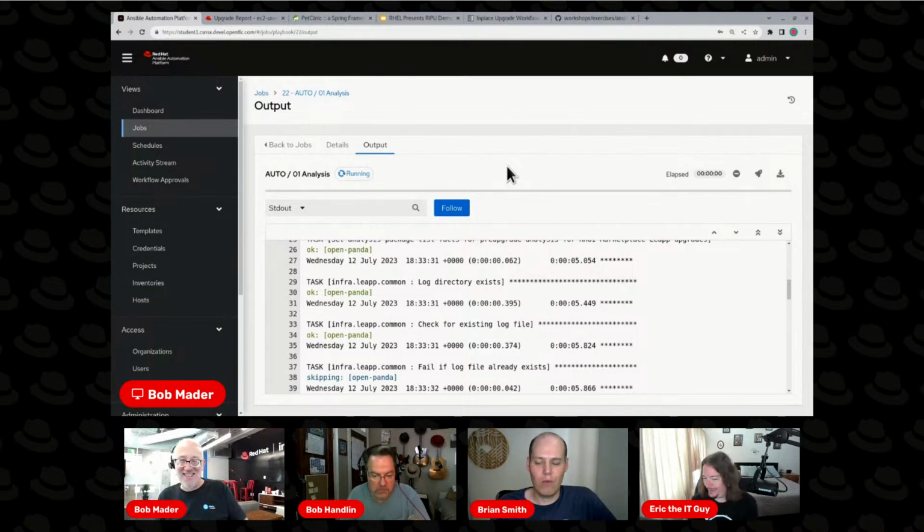One thing I was going to just clarify, I don't think we ever clarified exactly what versions we support upgrading from and to. Can you clarify that, Bob? Oh, that's a fantastic question. So the Leapp framework supports taking RHEL 7 to RHEL 8 and taking RHEL 8 to RHEL 9. Now, I talked about doing RHEL 6 to 7, which is what we did when I first started with this automation approach at Citi, at the bank, and